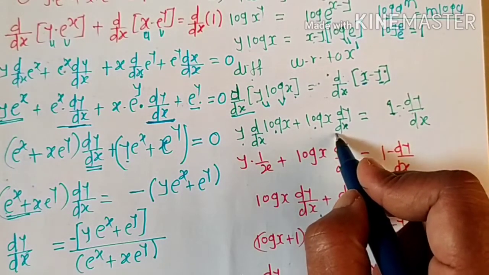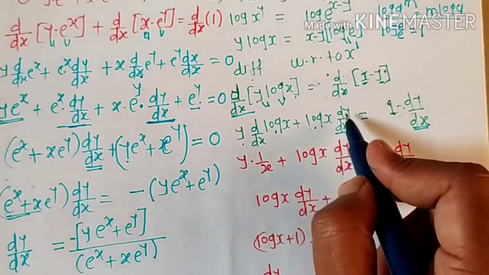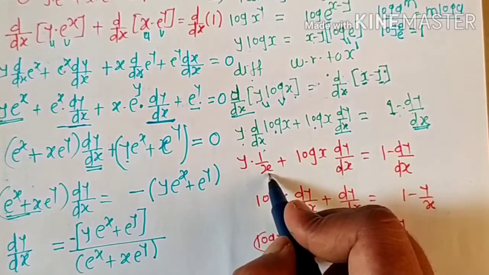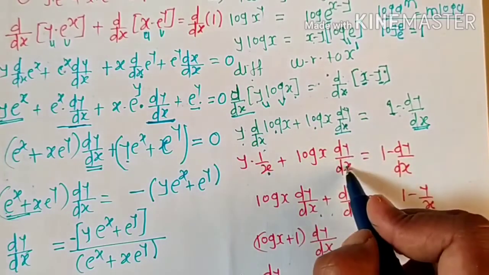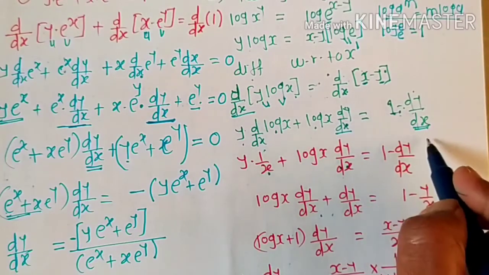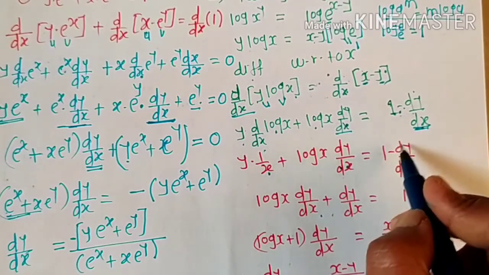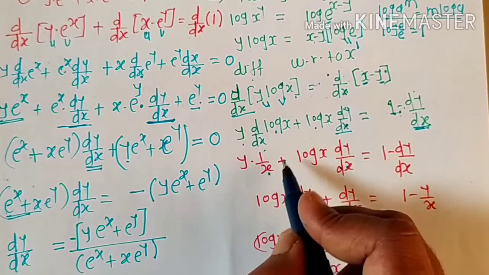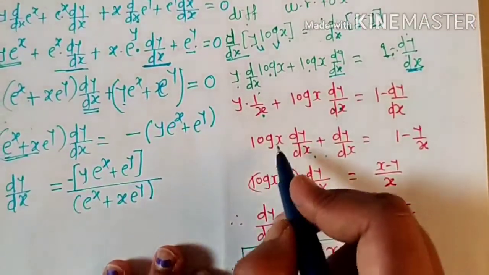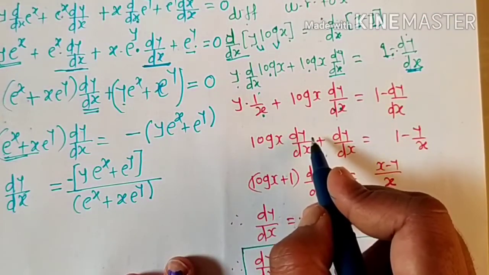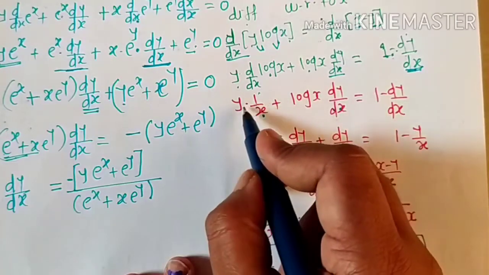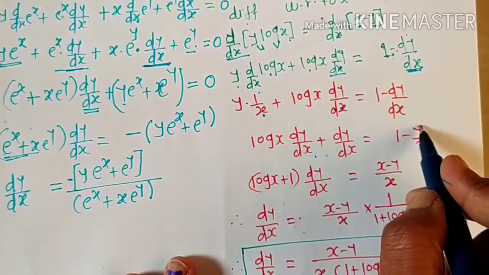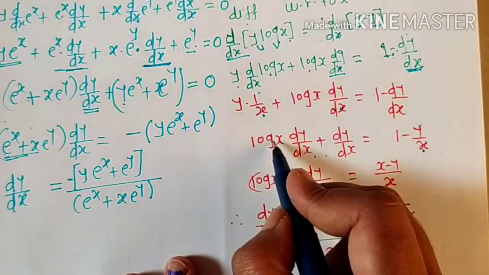तो क्या फाइंड आउट करना है हमें, dy by dx फाइंड आउट करना है, तो सेपरेट आउट करेंगे dy by dx की टर्म। यहाँ पे y इंटू डेरिवेटिव ऑफ लॉग x क्या है, 1 अपॉन x हमें पता है, देन लॉग x इंटू dy by dx, और यहाँ पे रिमेनिंग 1 माइनस dy by dx। तो सेपरेट आउट dy by dx की टर्म, ट्रांसफर दिस राइट हैंड टर्म माइनस dy by dx की टर्म लेफ्ट हैंड को ट्रांसफर करेंगे, तो क्या मिलेगा, दिस dy by dx ट्रांसफर किया लेफ्ट हैंड को तो प्लस होगा, एंड दिस y अपॉन x, y इंटू 1 अपॉन x मतलब y अपॉन x, इसको राइट हैंड को ट्रांसफर किया तो क्या मिलेगा, 1 माइनस y अपॉन x।